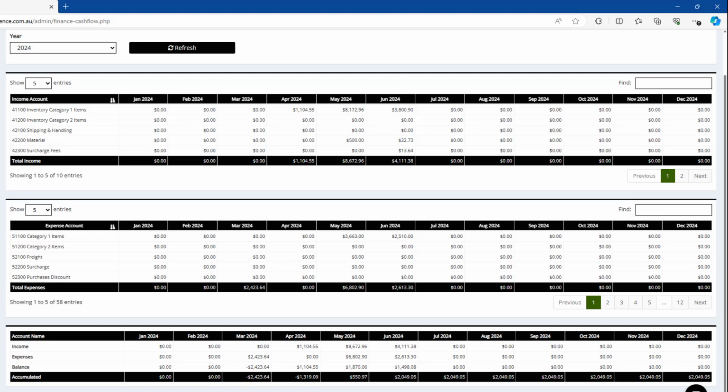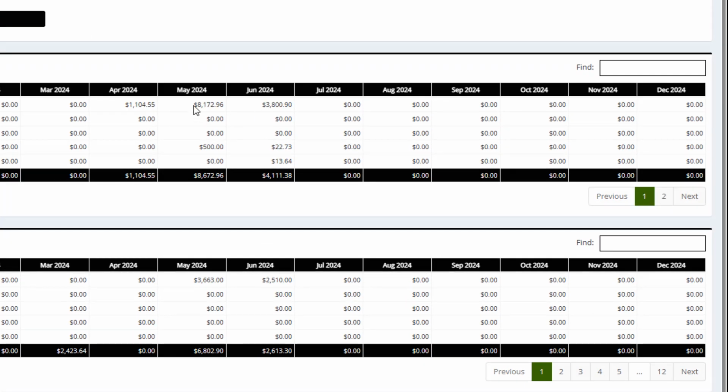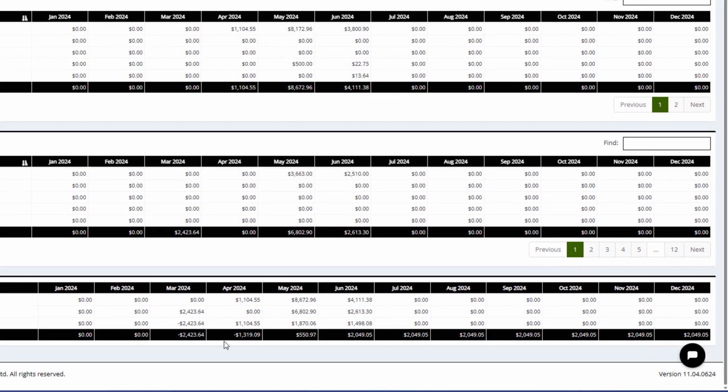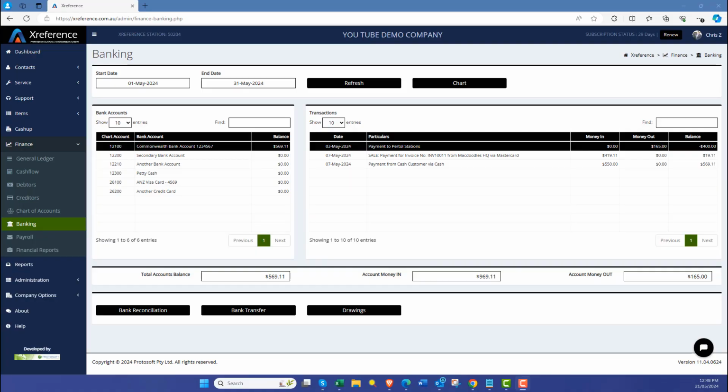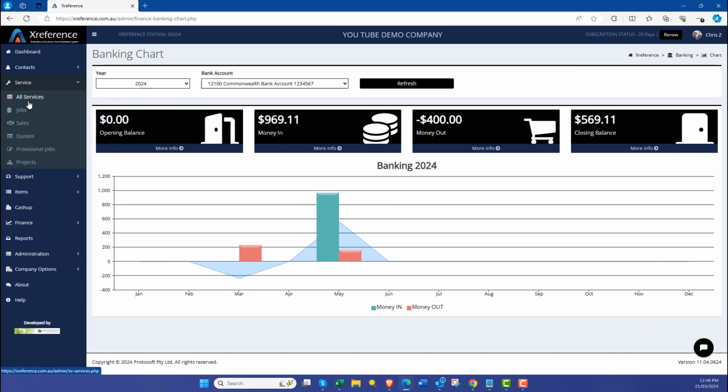You might ask why there are two cash flow representations and why they don't necessarily match in totals. General cash flow provides a detailed view of financial performance over time, reflecting all earned revenue and incurred expenses, regardless of payment timing. This is useful for understanding profitability and managing long-term financial health. Banking cash flow offers a real-time snapshot of actual cash on hand, which is crucial for managing day-to-day operations and ensuring liquidity. It operates on a cash accounting basis, meaning it only records transactions when the money physically enters or